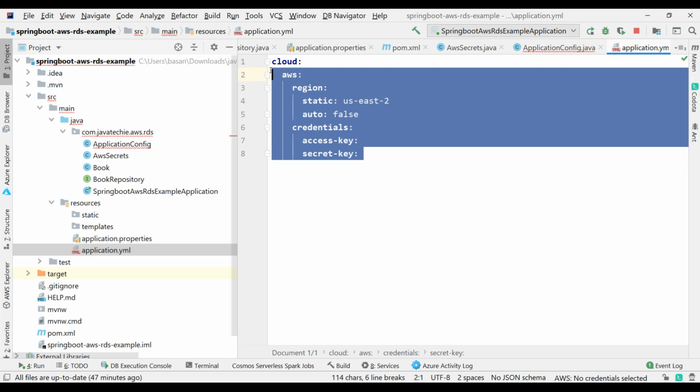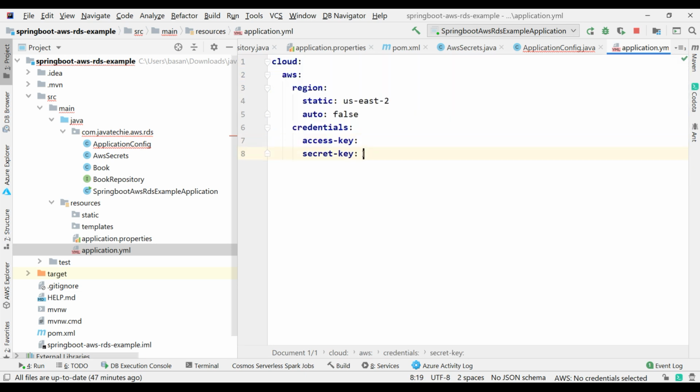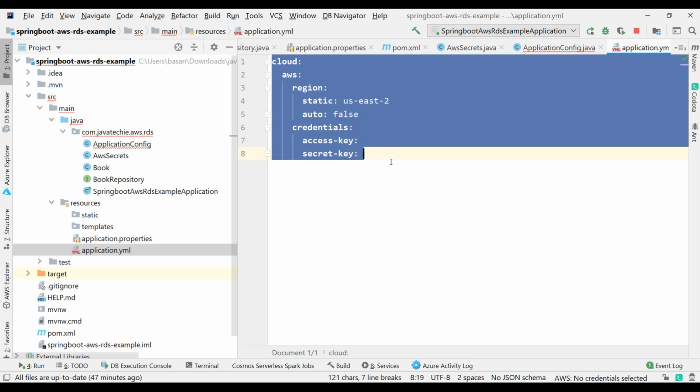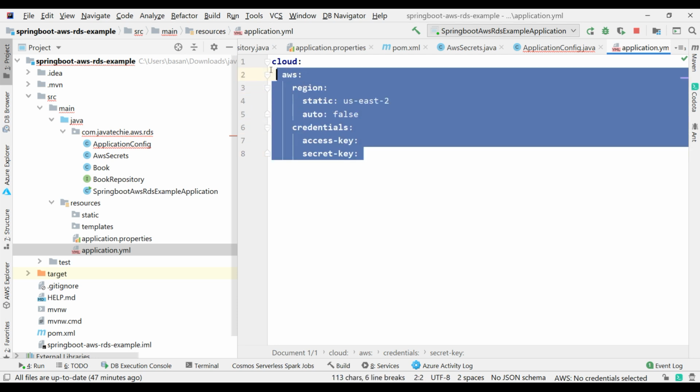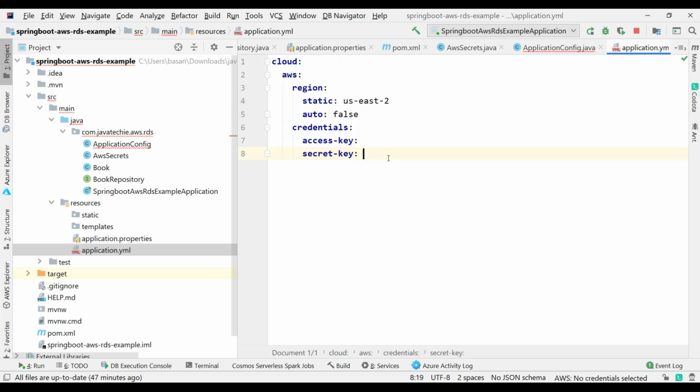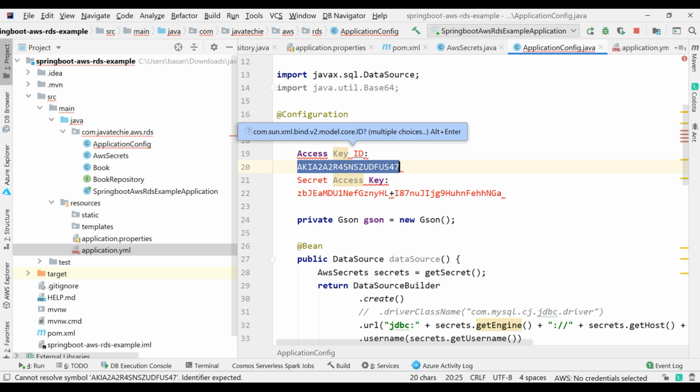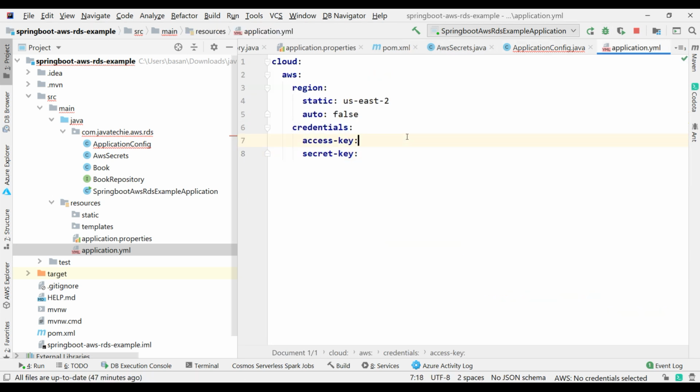This we already did in multiple videos and tutorials which I covered so far in the AWS playlist. You can check how to configure your access key and secret key, and how to get them from IAM. Now I directly got it from my profile, but you can get it from IAM as well. You just need to create a user and group and you can get it. So I'll copy this, this is my access key. Go to the YML, add it in access key.